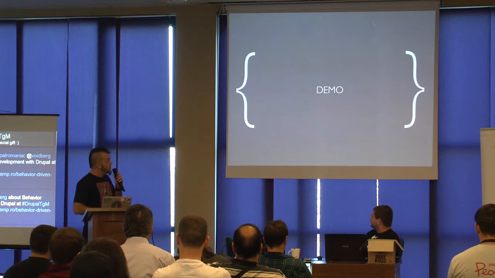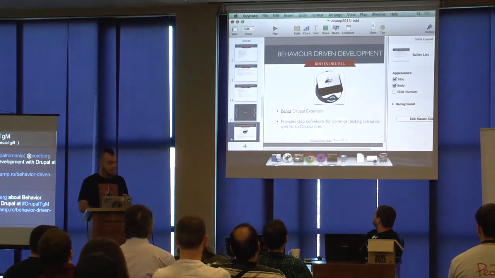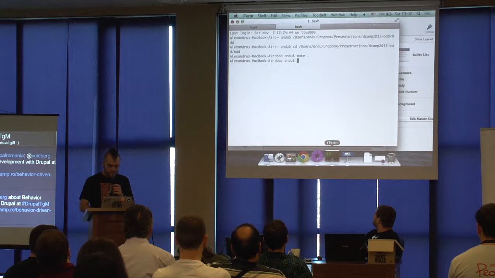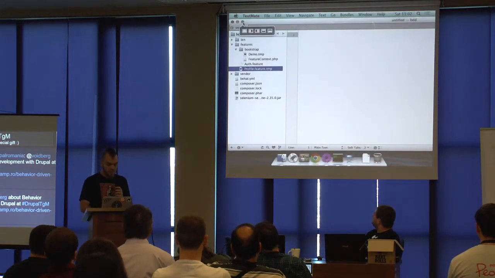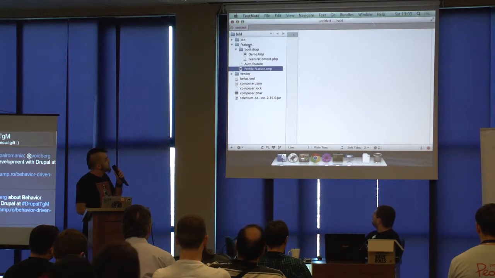Okay, so I'm going to give a quick demo. So, as you saw, once you run Behat init, it's going to create these directories, features, bootstrap. And in it,